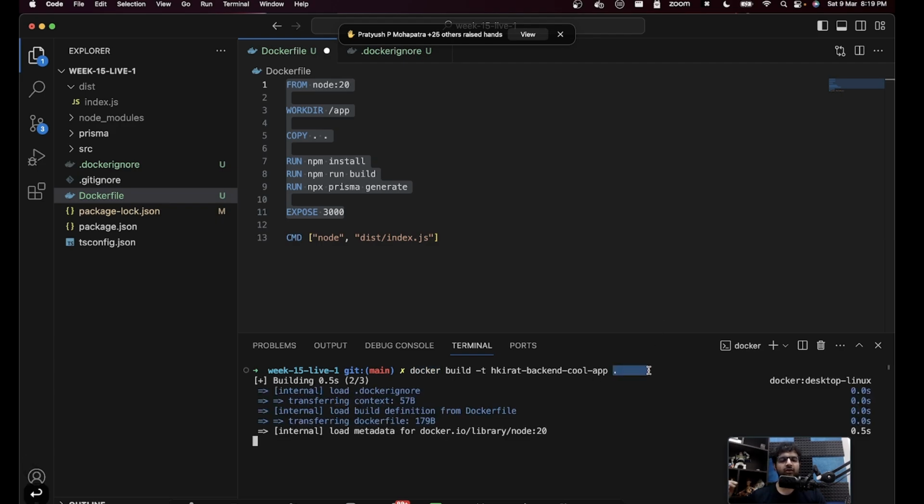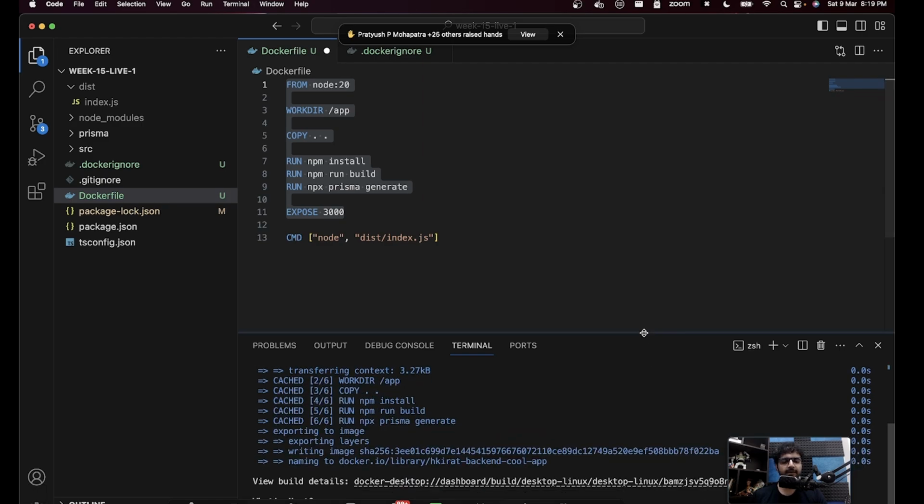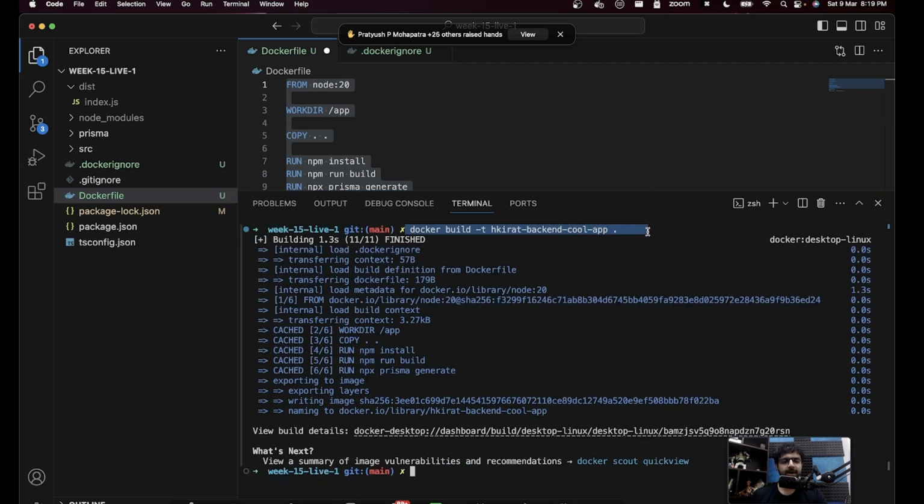So dot over here. This is the command that might be taking some time for you guys. I understand. It did not take a long time for me because, we'll discuss this tomorrow, the answer is layers. So these steps happened for me really quickly. They might be taking a long time for you, which is why a few people, like 50%, were able to do it, 50% weren't. So just build is taking time.